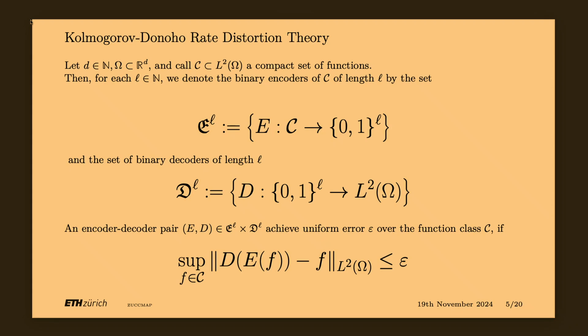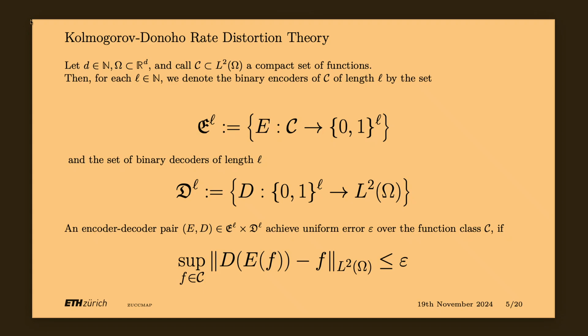Of course, since the set of functions can be made of infinitely many functions, we are going to incur an error most of the time by encoding the functions and then decoding them, because the image of the decoding after the encoding is always finite and the initial set was infinite. So we say that an encoder-decoder pair realizes a certain uniform error if the maximum error that you achieve by doing this procedure is bounded by epsilon. So the maximum is at most epsilon.